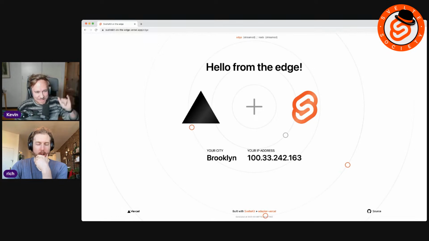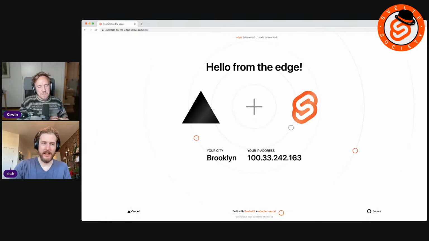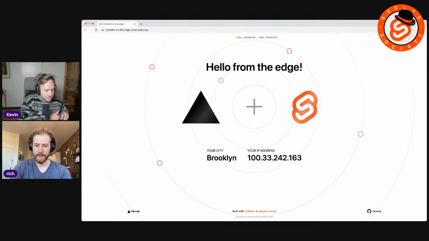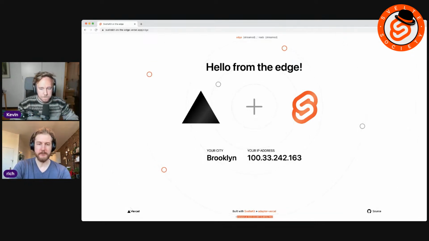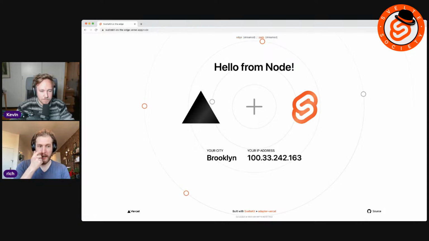Safari. Okay, so this page that we're looking at was rendered in an Edge function on demand, probably just up the road from here. And so you can see down here, it's being generated live. Every time we refresh the page, we're getting a new server rendered page. If I click over to the Node version, then